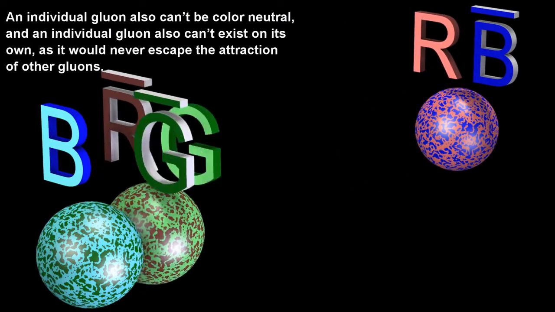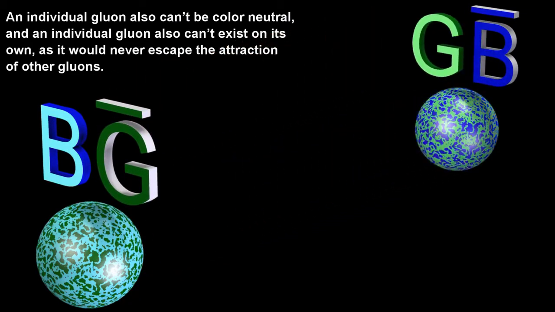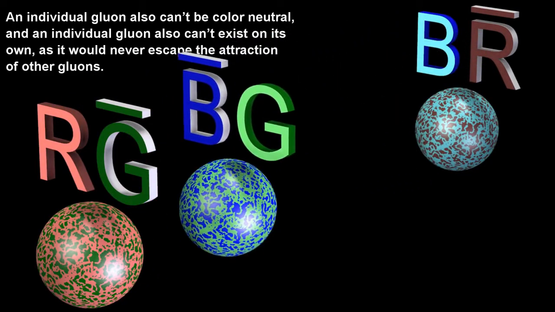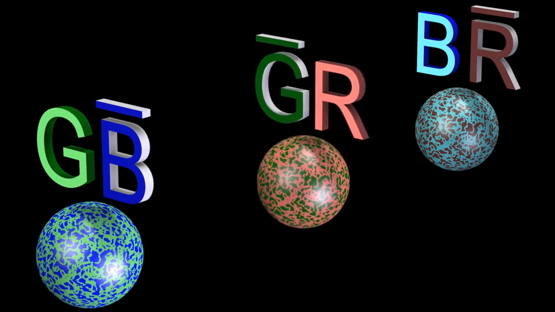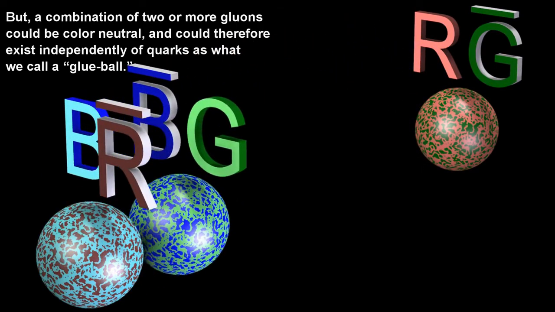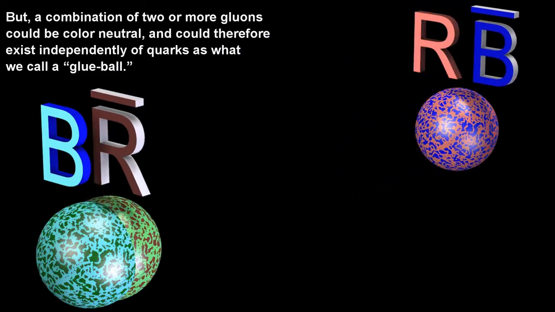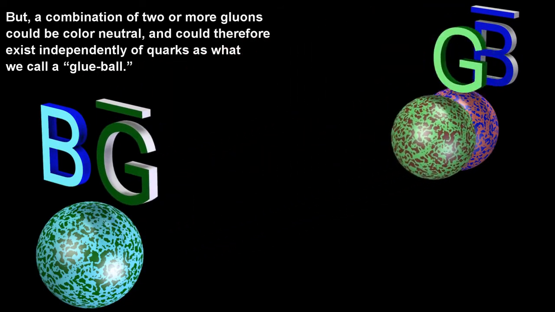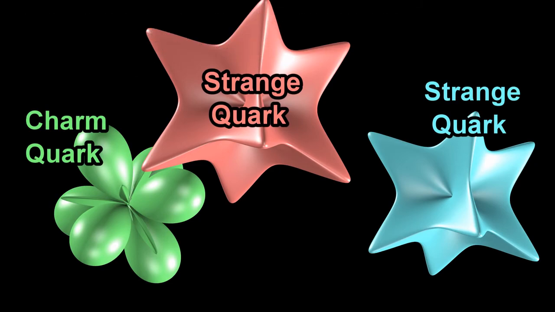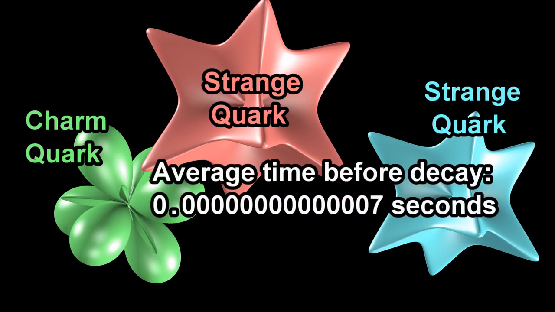An individual gluon also can't be color neutral, and an individual gluon also can't exist on its own, as it would never escape the attraction of other gluons. But a combination of two or more gluons could be color neutral, and could therefore exist independently of quarks as what we call a glue ball. Many exotic composite particles consisting of quarks and gluons can be created, provided that they are color neutral, as we do not need to be limited to just the familiar up and down quarks. Though these exotic particles are not very stable,